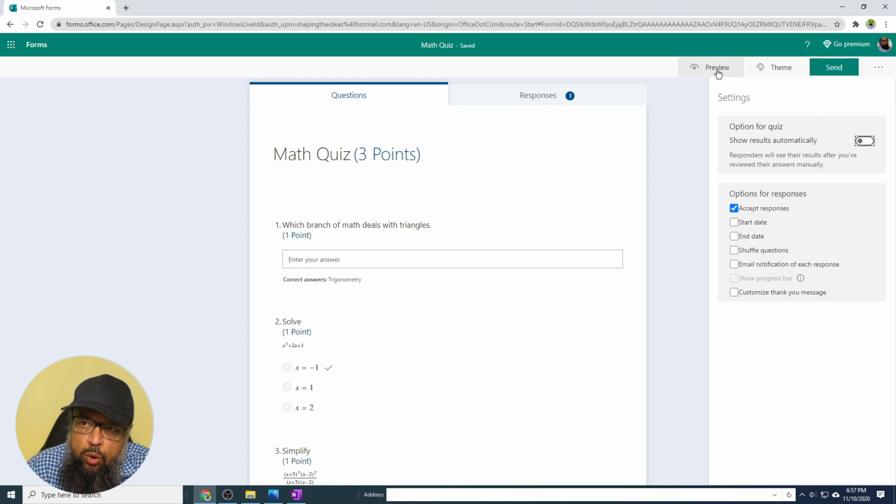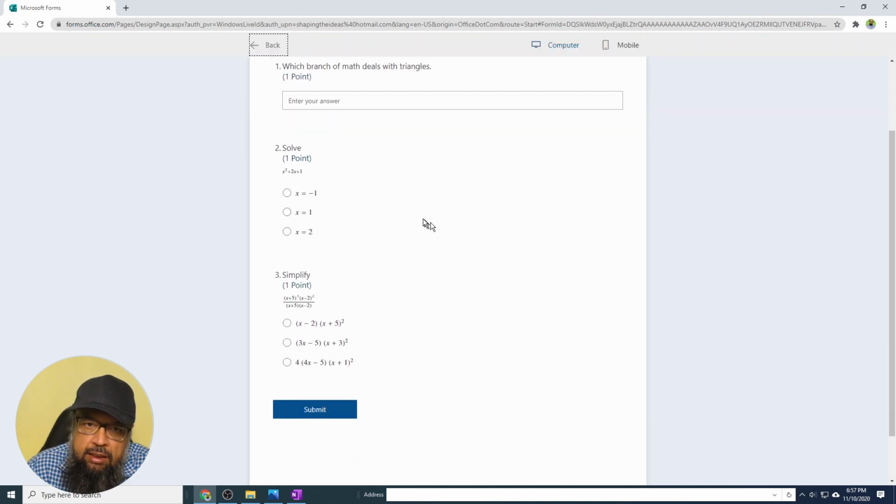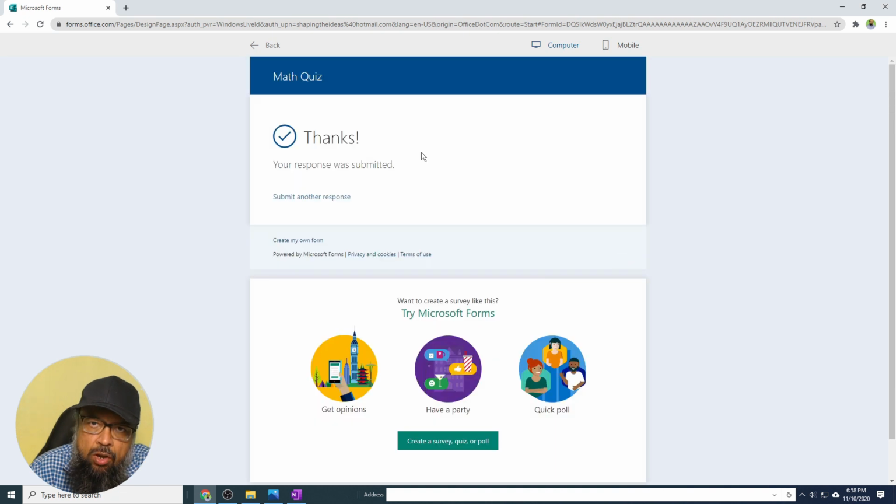And now let's go back to preview mode, and I put some answers again. Let's say something like this, and I click submit. Now I got the thank you page, but I don't have the page to check my result. Although I can submit another response, and you can collect some information about the students during the response. For example, a text question asking their name or their class roll number and making it ungraded, something like that. You can collect some information of the students.